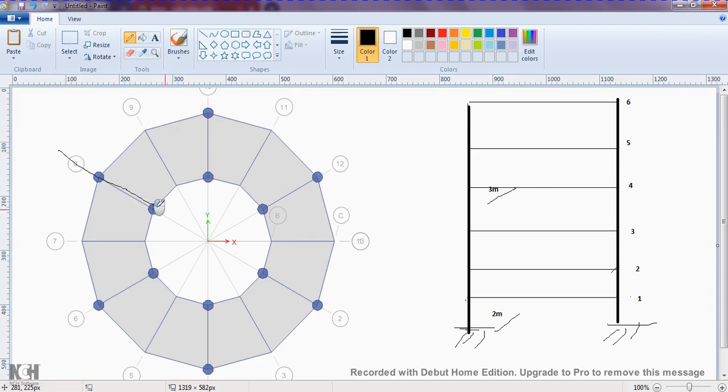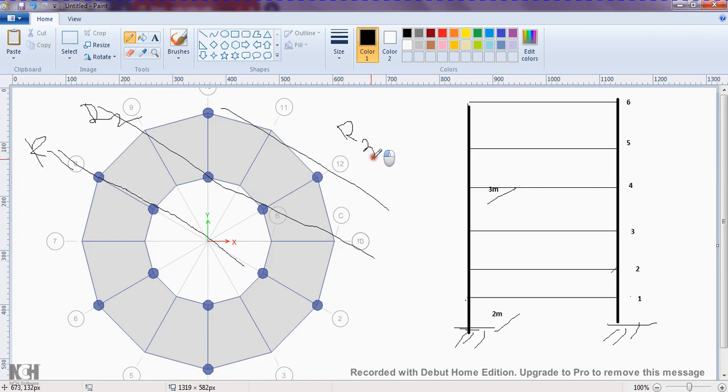This is my radial line R1, R2, and this is my third line R3. Okay. All these in the radial direction are spaced by 5 meter. That is from here to here it is 5 meter.